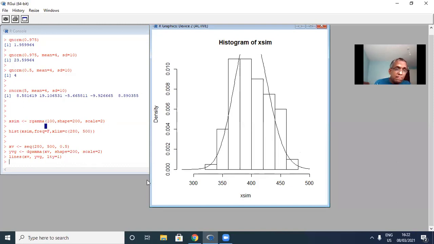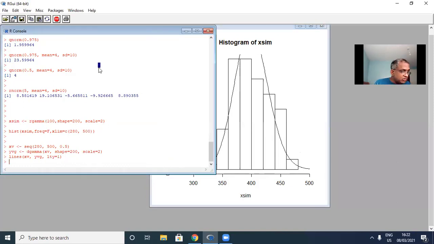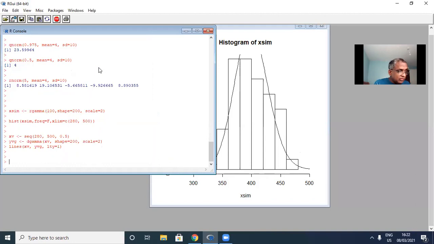Now let's also superimpose on top of this histogram the density of a normal distribution, right? With the mean equal to the mean of the simulated data, and the standard deviation equal to the standard deviation